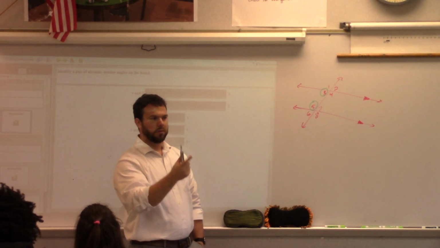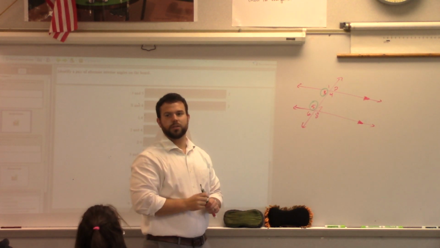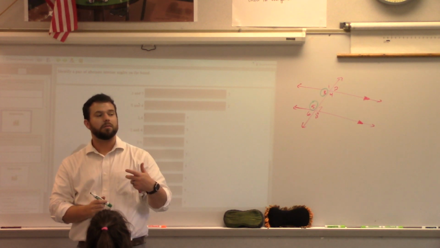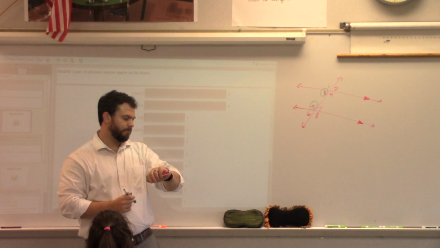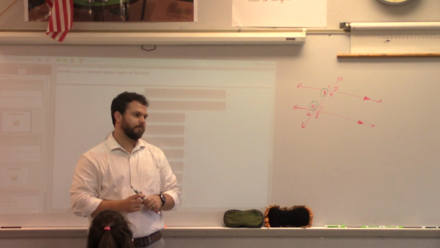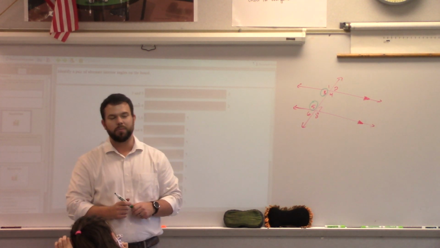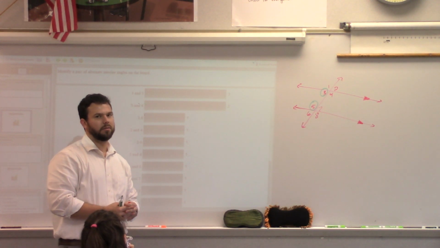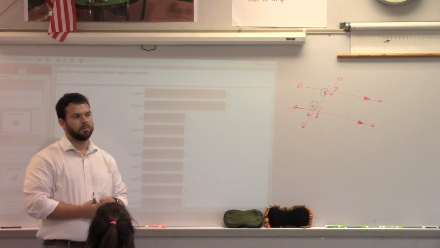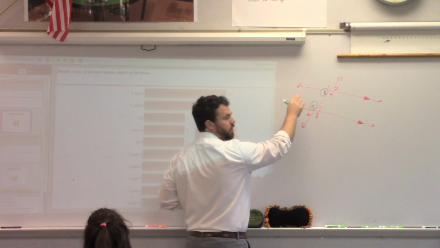So when we say alternating, what do we mean? They're on opposite sides. Are those on opposite sides of the transversal? No. So would they be alternate interior? No. Say that one more time, Matthew? I said interior. Those are exterior angles? Not alternate. They're not alternate interior, I agree with that, but why? Because they're not in the alternating. Okay, I just want to make sure it's clear, they're on the interior, they're just not on alternate sides of